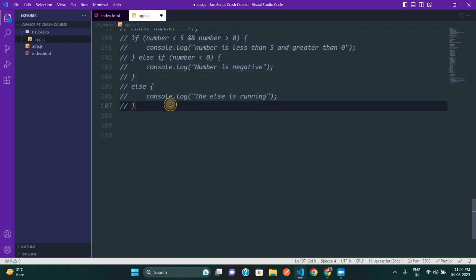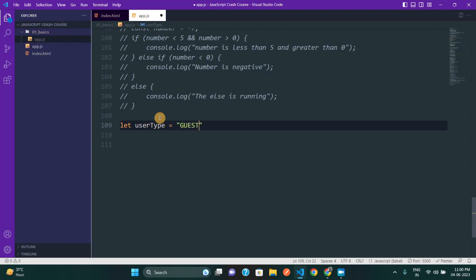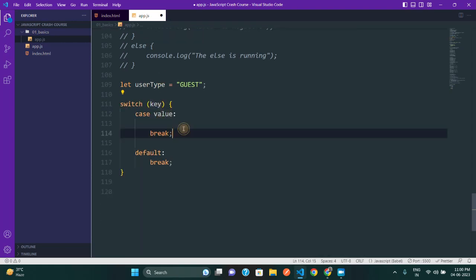It's pretty simple. First we have, let's just say, a variable, and let me type it as userType, and let me write it as guest. Let's just say this user is a guest user. And now in order to write the switch, we just use this switch. All right, so this is how you write the switch case. You write switch, and then you pass some key here. So the key is going to be this variable userType. Okay, this is what I'm passing here, and you just write these curly braces,